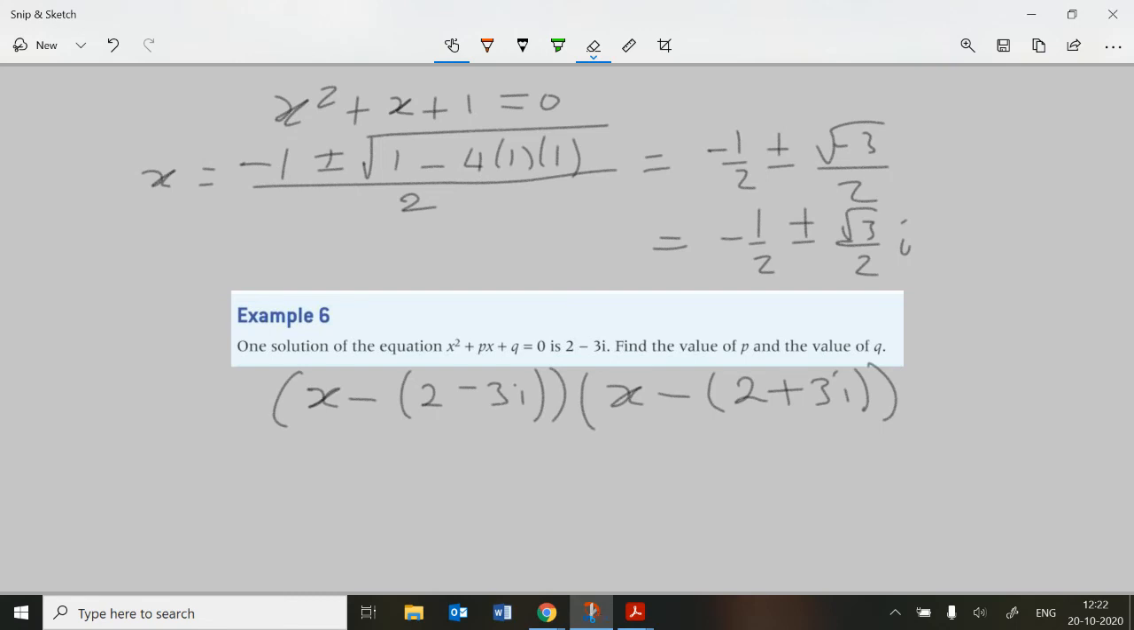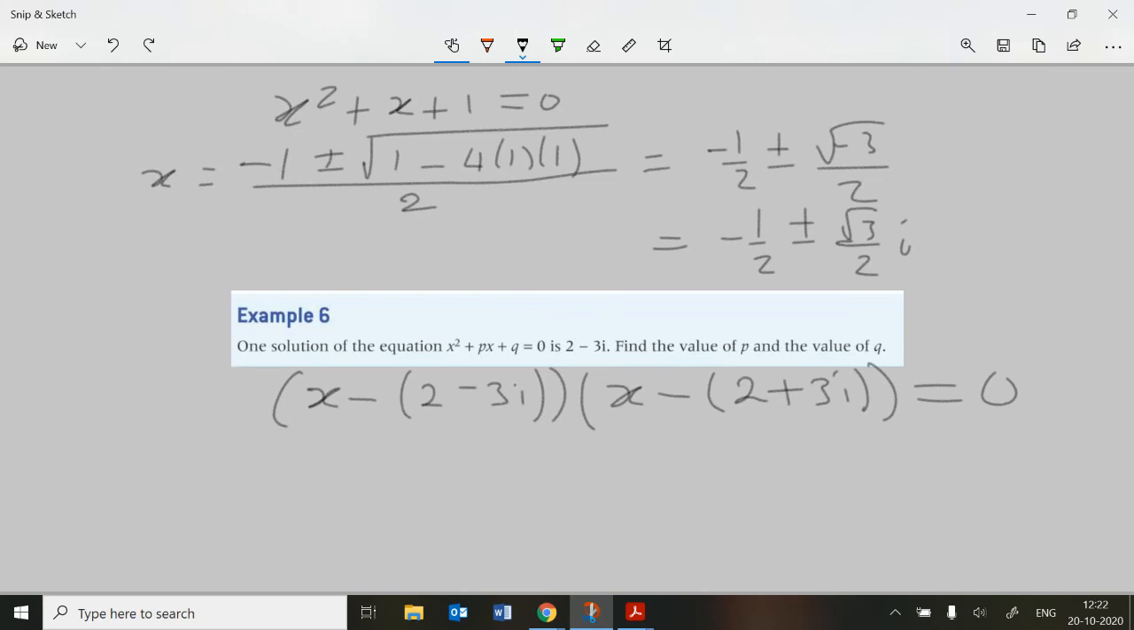Okay, that's our factorization of this quadratic here, given that we've been told that that's one of our solutions and that we can find the other solution by doing plus or minus the imaginary part. Okay, so it says find the value of P and the value of Q. Well, what I'd do now is multiply this out in order to get this expression here, and then I'd compare